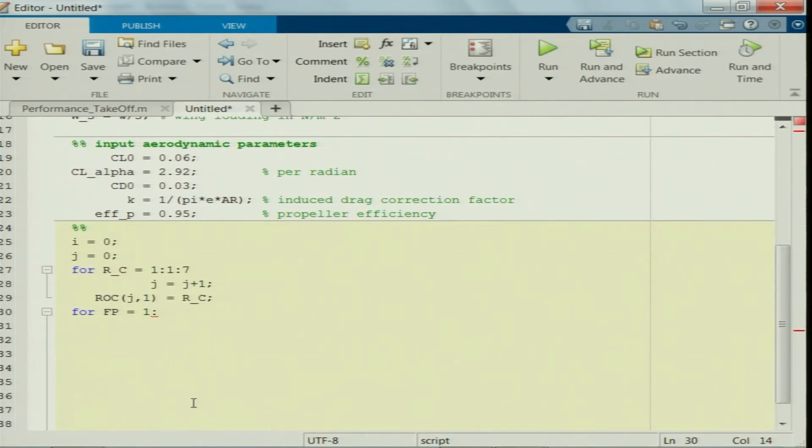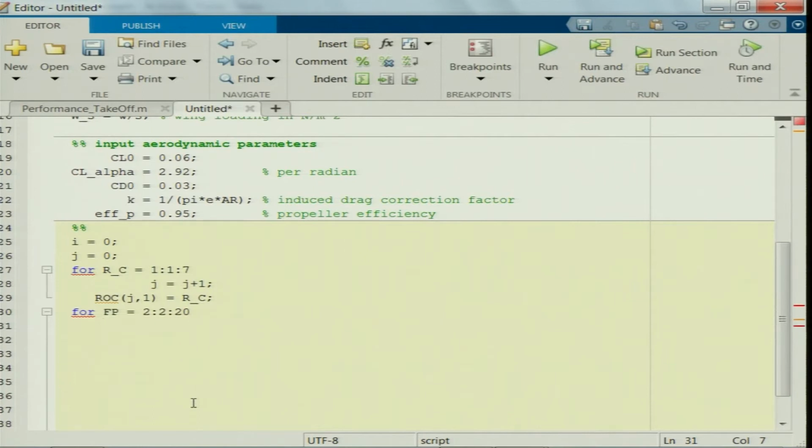So, 1 degree, or say 2 degrees of flight path angle, with an increment of 2 degrees. Every time it takes an increment of 2. If it starts with 2 degrees of gamma, then in the next iteration it will take 4, and 6, and so on till say 20 degrees of gamma.